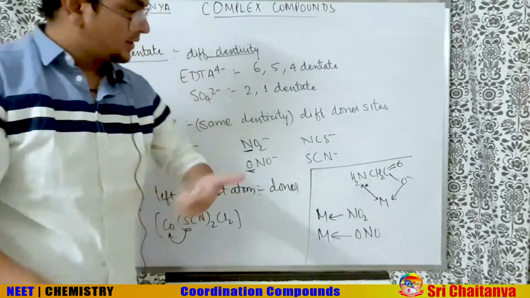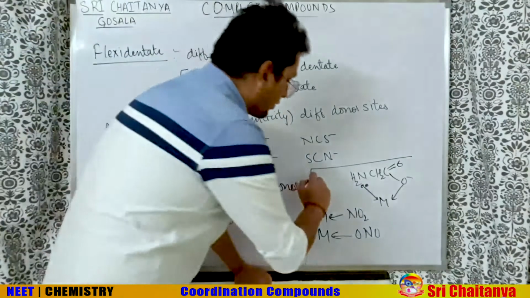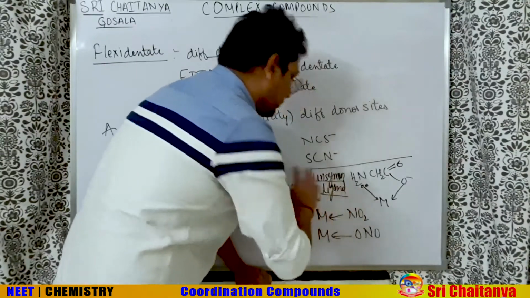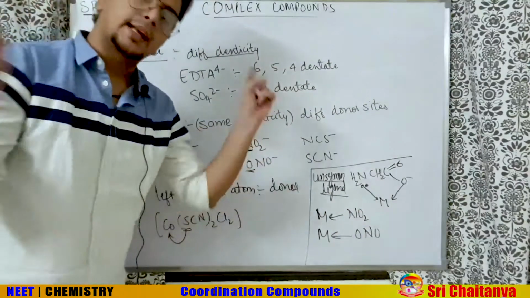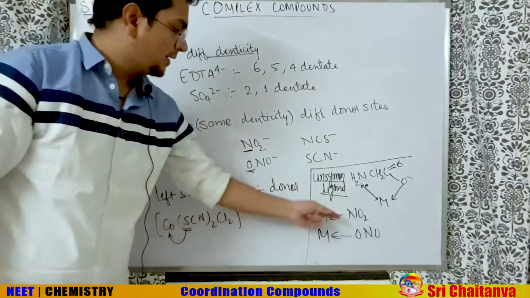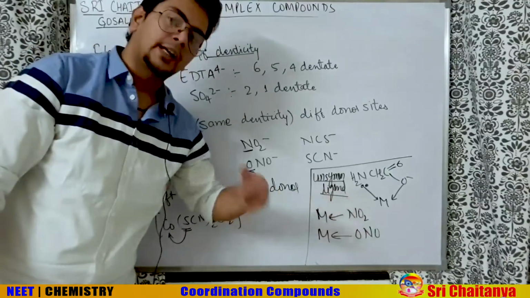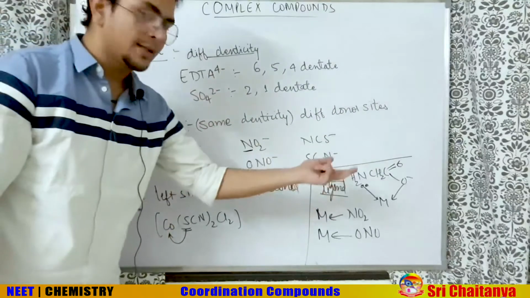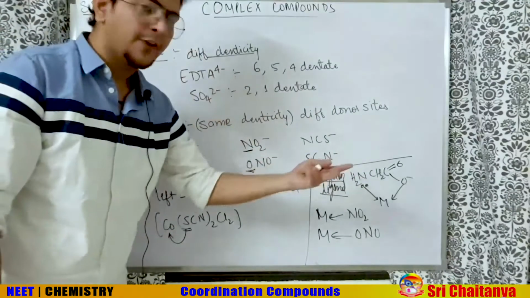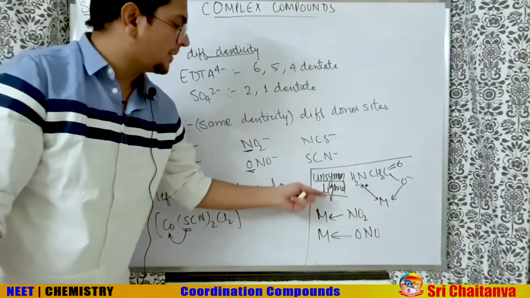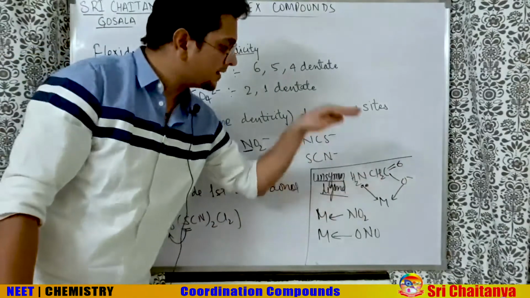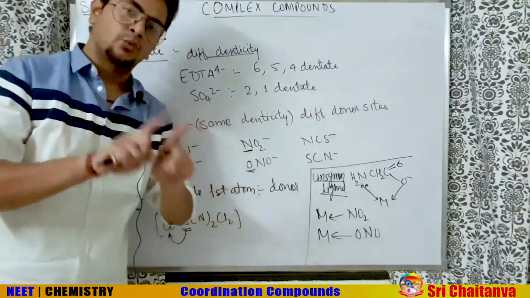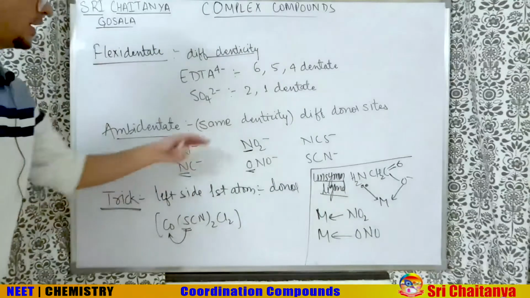Then sir, what would you like to call it? I would like to call it an unsymmetrical ligand. Unsymmetrical ligand means it is making 2 bonds but both with different donor atoms and simultaneously. So understand, if the donor atom is different in different compounds, in that case we call it ambidentate. If the donor atoms are different in the same compound, we call it an unsymmetrical ligand. So different donor atoms in the same compound, unsymmetrical ligand. Different donor atoms in different compounds, what do we call it? Ambidentate ligand. These are your examples.